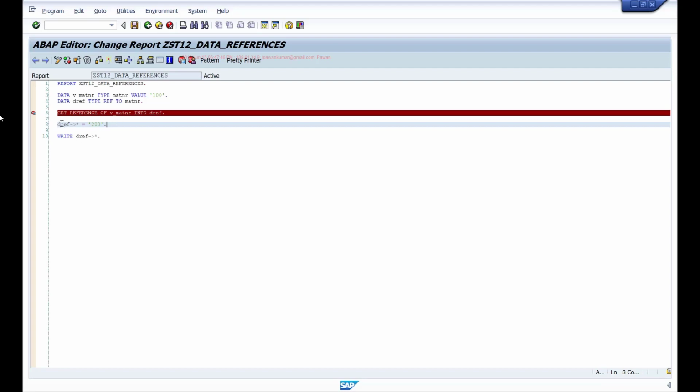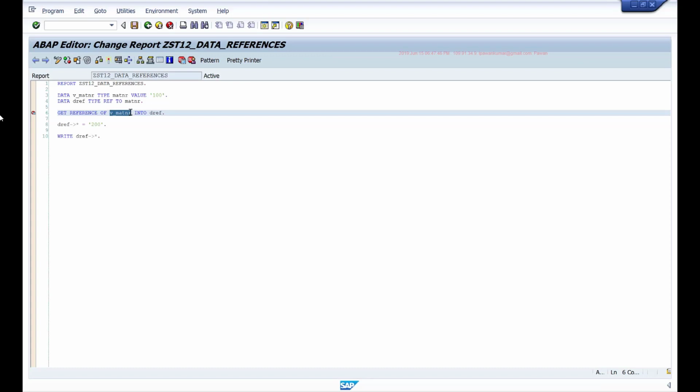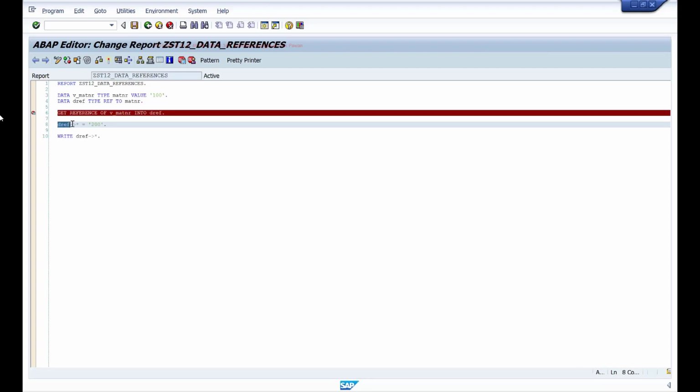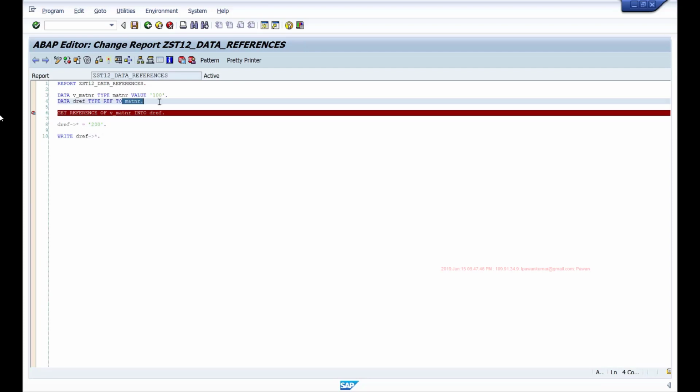And you can assign a field, you can assign a structure, you can assign an internal table. So you can get a reference of your internal table, structured field, or a field symbol that is assigned, or even a dereferenced data reference also. For example, I can define another reference variable and get a reference to this dereferenced variable also. So you can get reference to any of those things. But if you already know statically, then you may as well use field symbols, so that they are no different from field symbols.